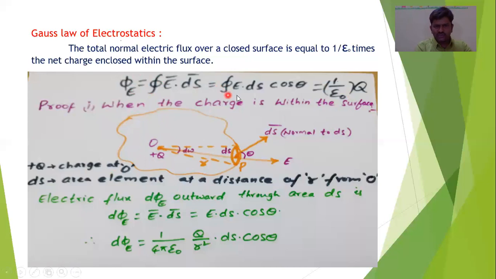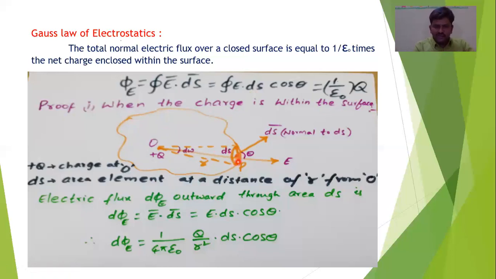Electric flux means we need to use this formula, integral E ds cos theta. For that, it is not a symmetrical shape. If it is a symmetrical sphere, we will use 4 pi r square. But it is not a sphere. That is why we are dividing this entire surface into infinitesimal small element areas, each having an area of ds. Like that, numerous elements are divided, each having the same area, and each having planar shape.